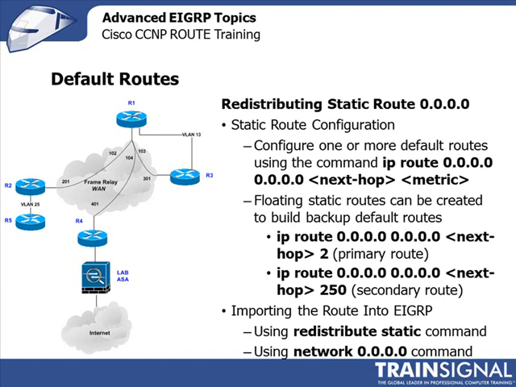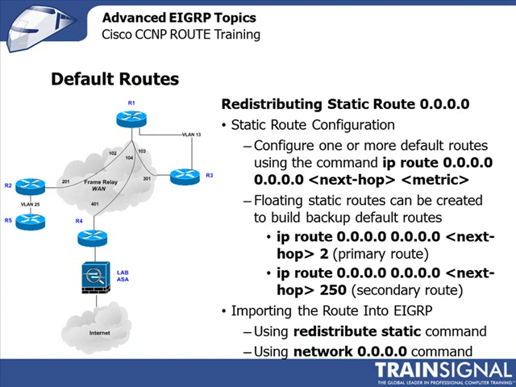So again, I mentioned there are two ways to do this in EIGRP, and the first of those is redistributing a static route, essentially to network 0.0.0.0. And it's actually very simple. The first step is to create the static route. And you can use one or more of these routes. For instance, if you have multiple exit points to the internet, you can actually have several configured, but you essentially do the ip route